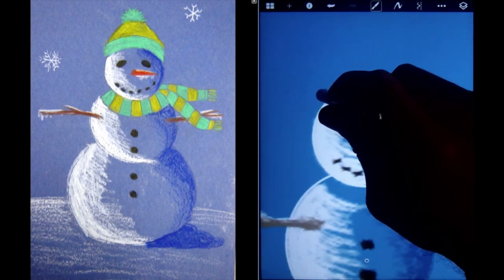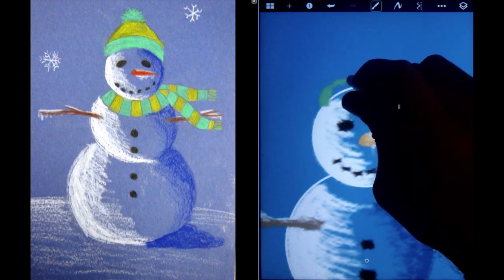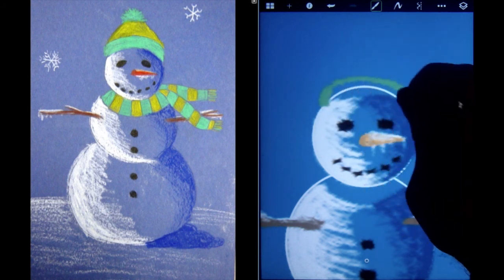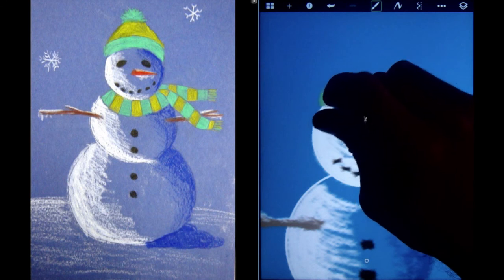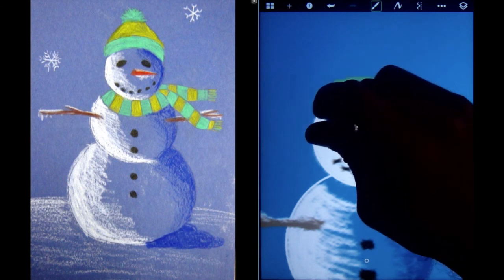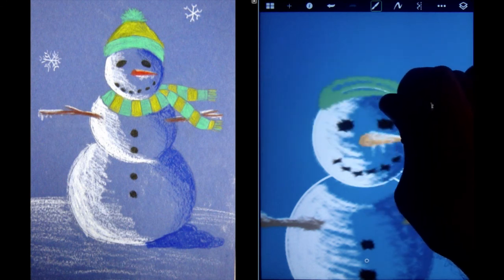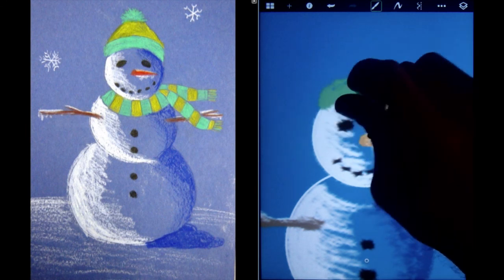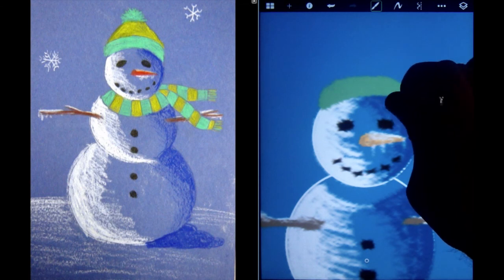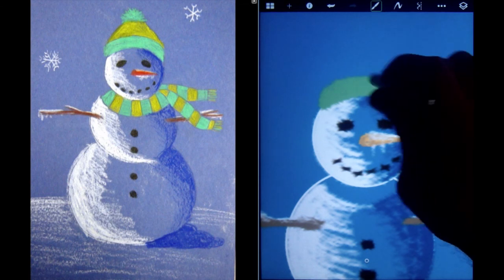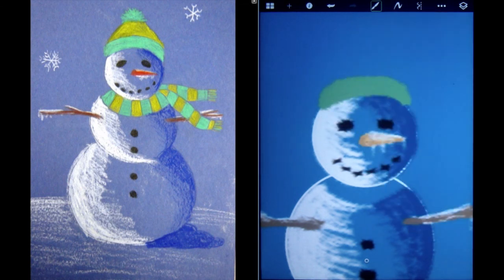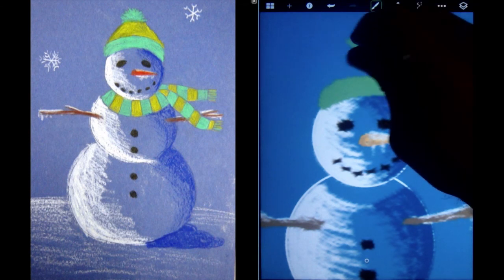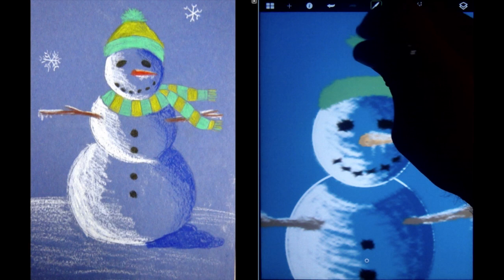Let's add the curve for the band at the bottom of the hat. Remember, part of this is going to go over the snowman's sphere and curve around the top of his head. And this snowman has a pretty cool ball on the top of his hat. So while we have that green out, let's add the fluff for that ball on top of his hat. And I'm going to keep this green to do